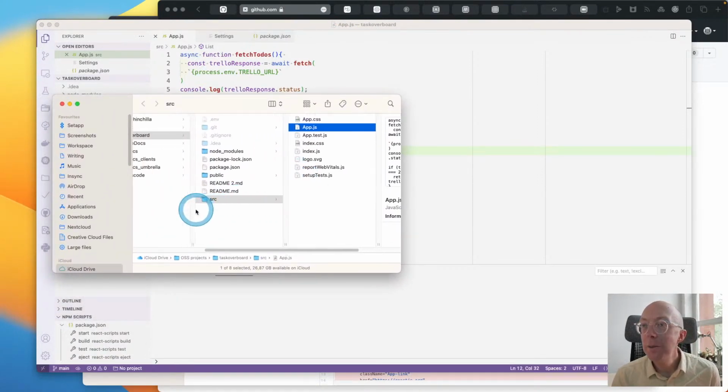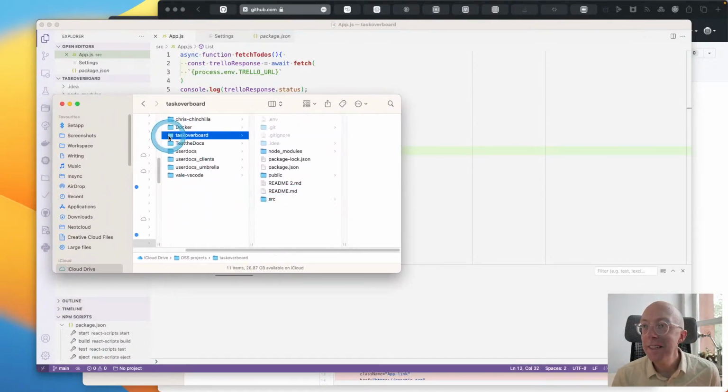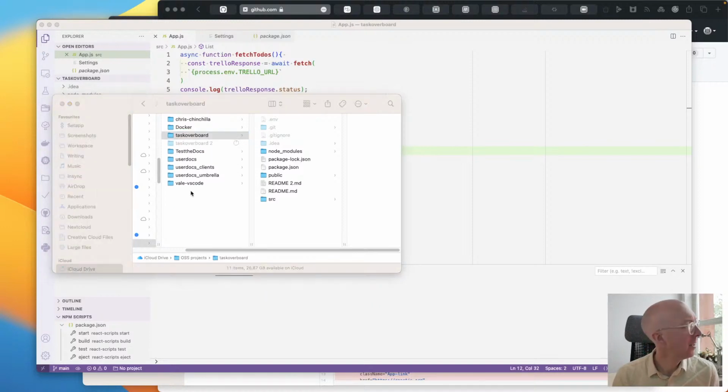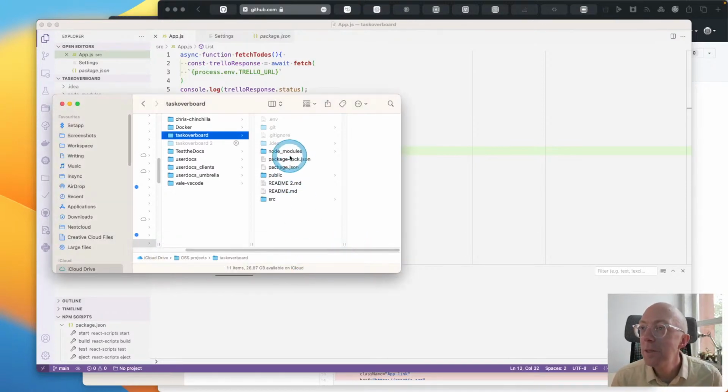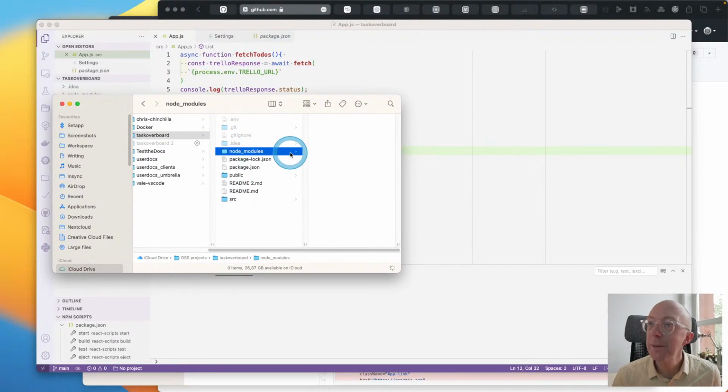I will just take this folder and make a dirty copy here. That is copying, but seems to be 335 megabytes for some wild reasons. So I guess that's all the node modules. Actually, you know what? We don't really need to copy them right now. So let's just remove them.